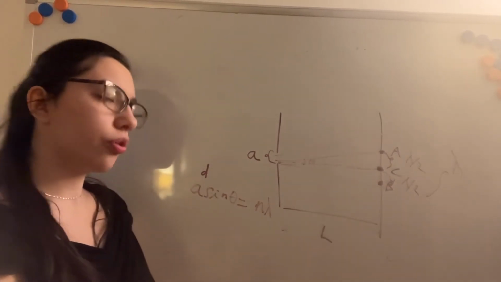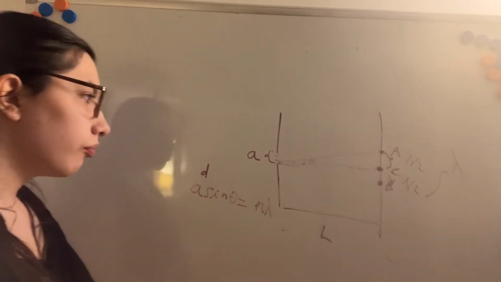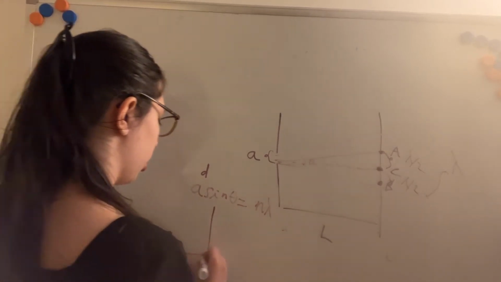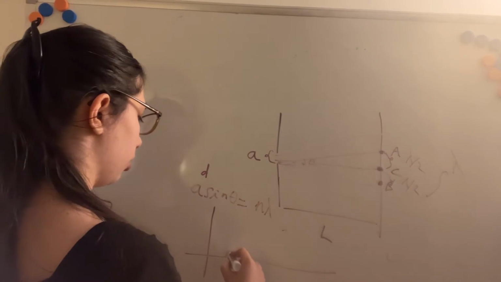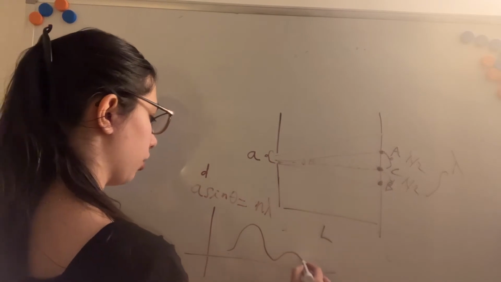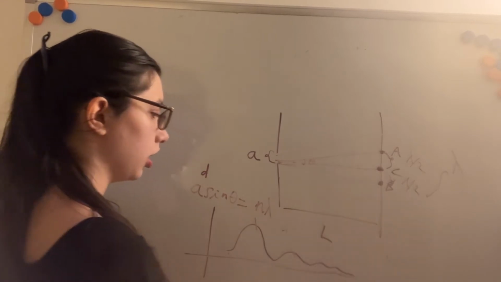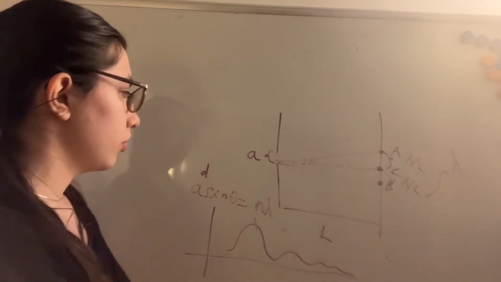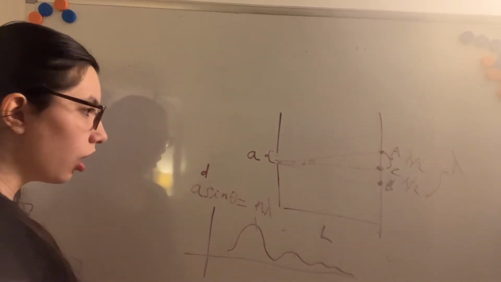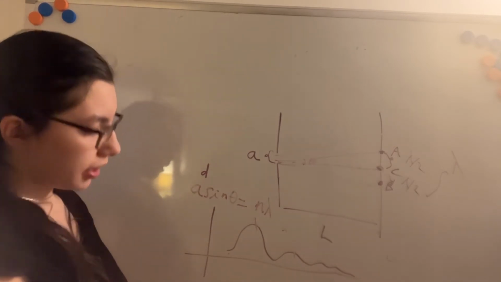There is no simple formula for finding the maximum, but there is one. We will talk about that in another video. If we graph this now, here we would see this would be a maximum, another maximum. We will see that the maximums are decaying in amplitude, so in intensity. The highest spot will be bright here at the center. So just remember that when theta is 0, we have a maximum,